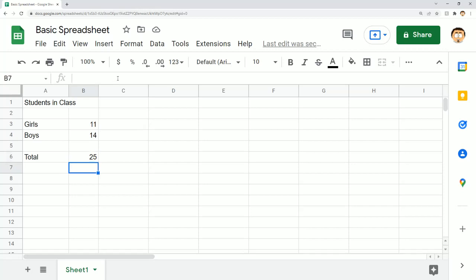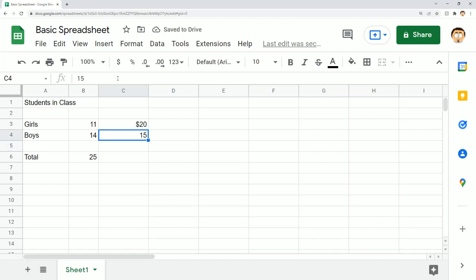Now, I should point out that there are other things that you can put in here numerically. These are just straight up numbers, but I could put in a whole bunch of things such as money or time. So let's say that we have a fundraiser, and the girls, they're better at selling stuff. They know what they're doing. They're going to make $20 each. Actually, I typed 20 in there. In here, I'm going to say the boys make 15 each, and you'll notice that it doesn't actually put a